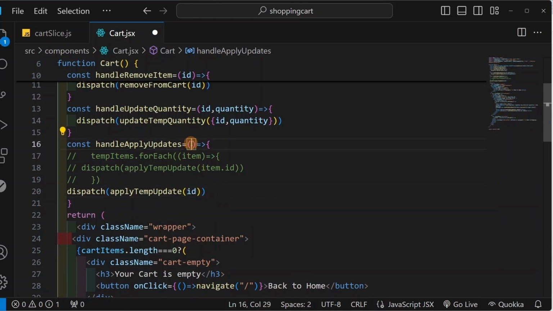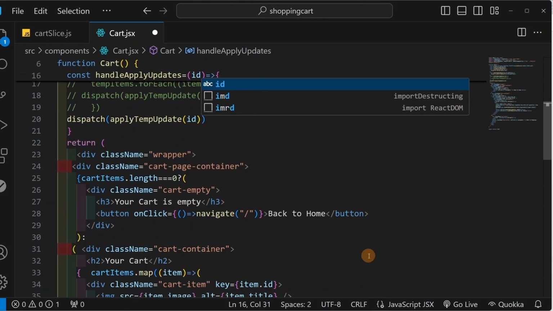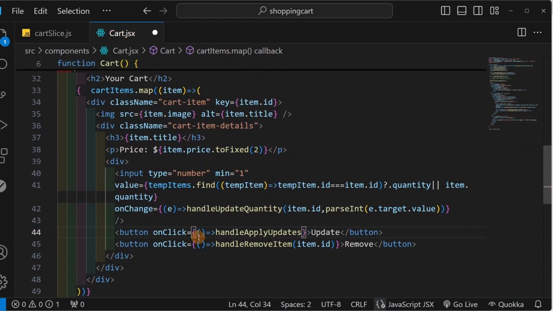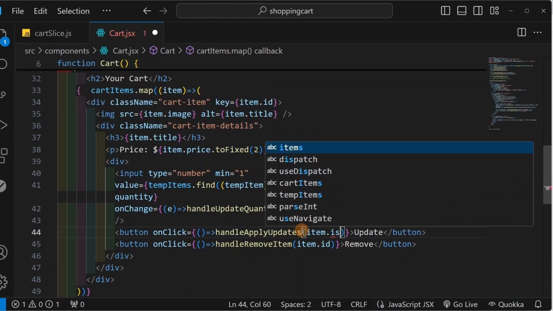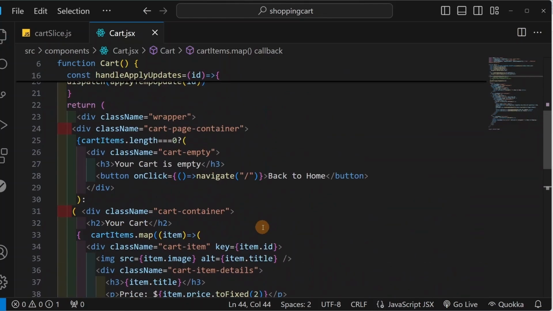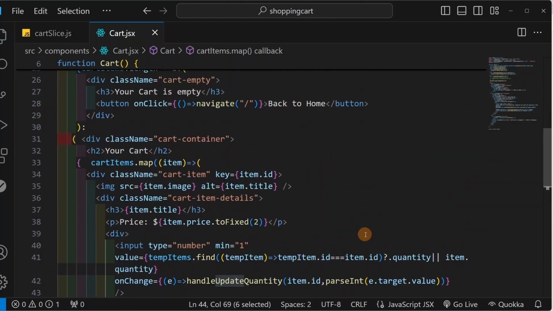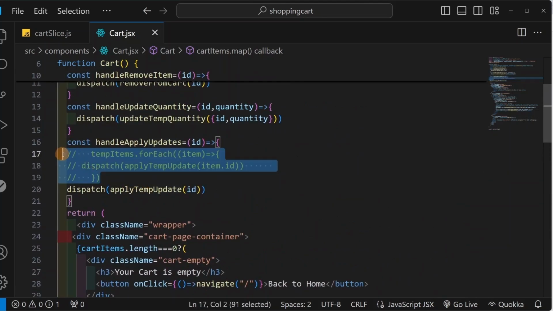And then inside this I will be passing ID. And when I call this function, inside this update button, let me just use this arrow function. Inside this, I will be passing item.id. So only once I will be dispatching the action based on the ID for which I have clicked. But this entire logic you can use, and you can create an update all button, and whatever updating logic you will